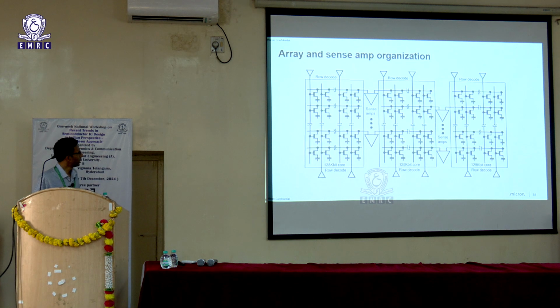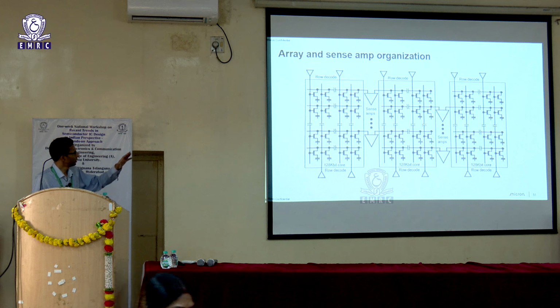This is again an example of typical DRAM floor planning. You have your rows running vertically here and the columns running horizontally here, and sense amps sitting in between. Whenever you are activating a row in one particular bank, you don't do that on the other bank, so that the digit line that's tied to the sense amp could act as a reference.